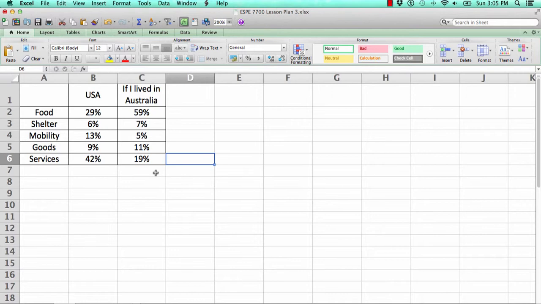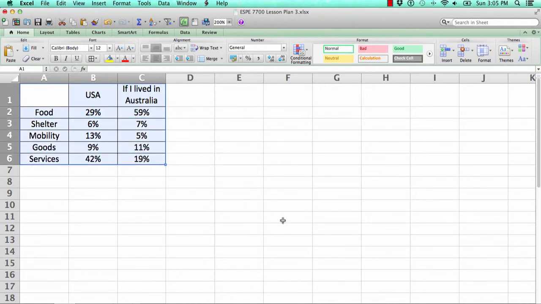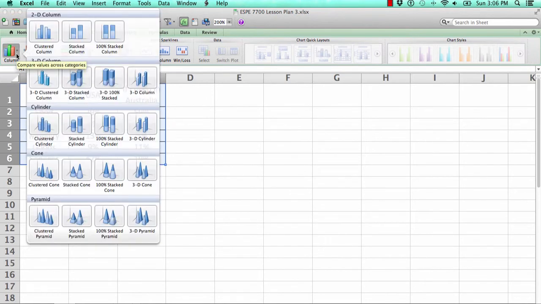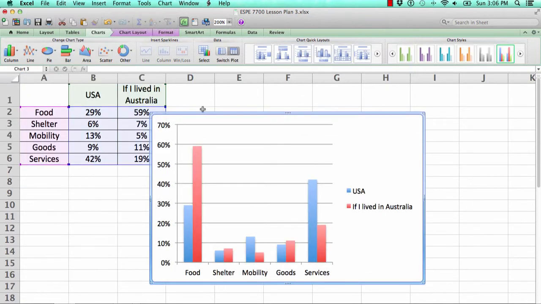Now we want to make a clustered column graph or chart. So click on A1, go across to C1, and then go all the way down and then let go. Now we're going to go up to charts. Go over to the left where you see column, open up the column, and choose clustered column. And there, notice